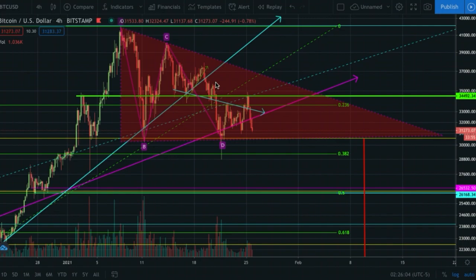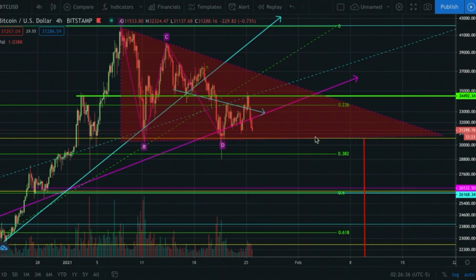This is Wyckoff distribution taking place. We essentially top out right here. We break down, find support. We come up to a new all-time high, and then we come down, retest that support, come back up, put in a lower high, and then we retest the previous high before entering the pattern, put in one more lower high, and then come back down, test the low. And that's when it becomes very clear, obviously, that we do in fact have a descending triangle, at which point you would expect it to fill out this range while the distribution takes place.